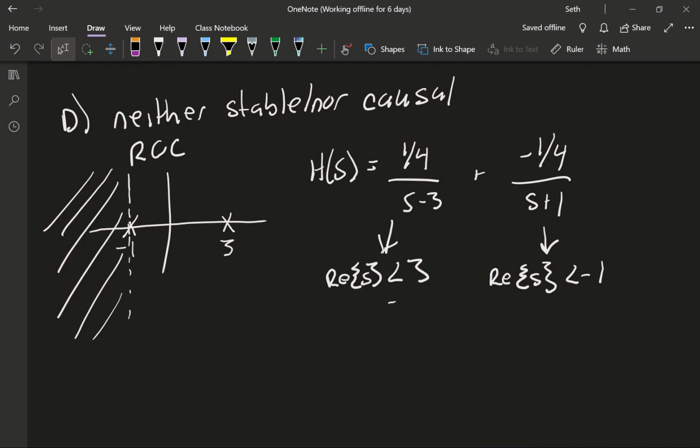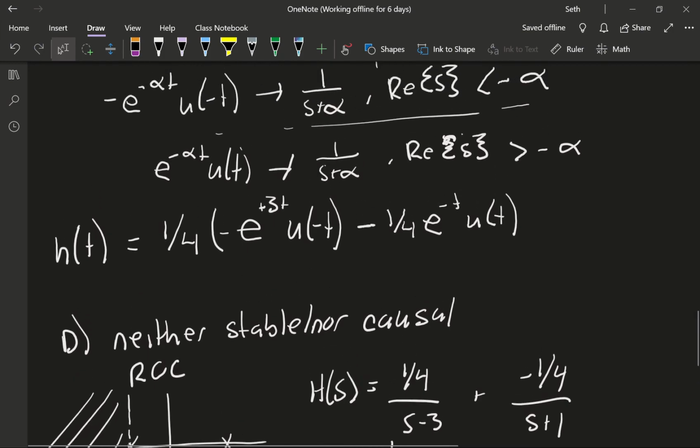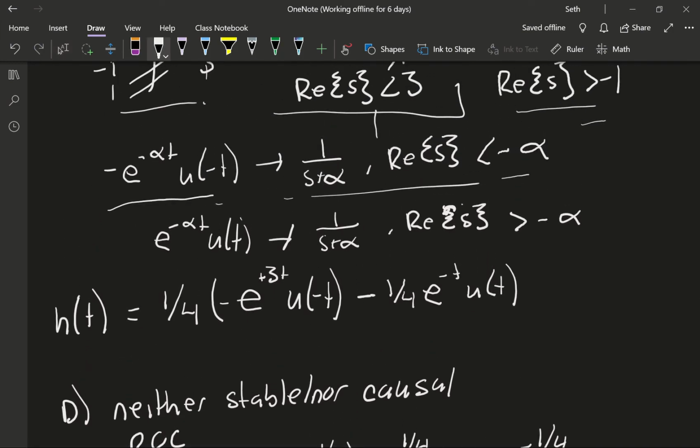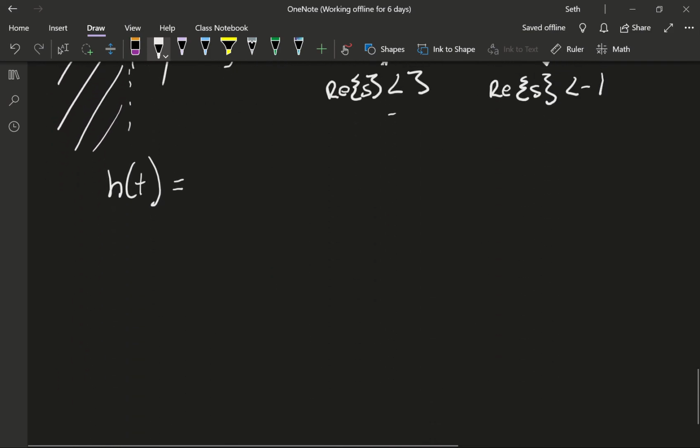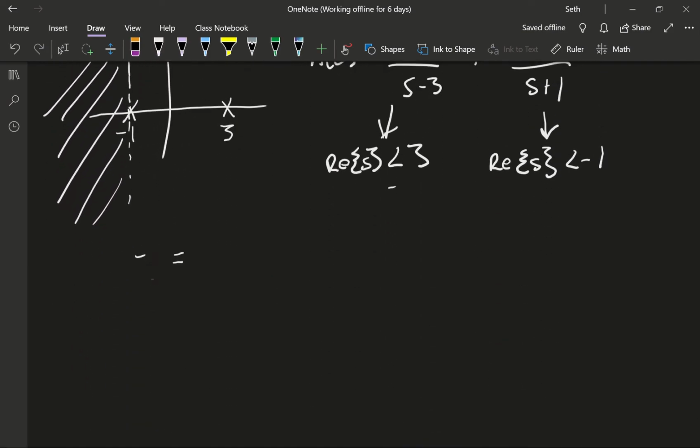So again, this is going to be a situation where we go to our table of Laplace transforms. In this case, we're going to be using this condition right here for both of them. So let's rewrite that down here. e to the minus alpha t u(-t) maps to